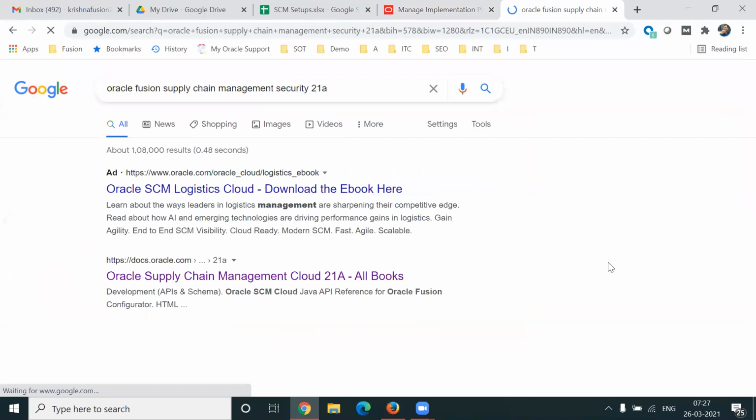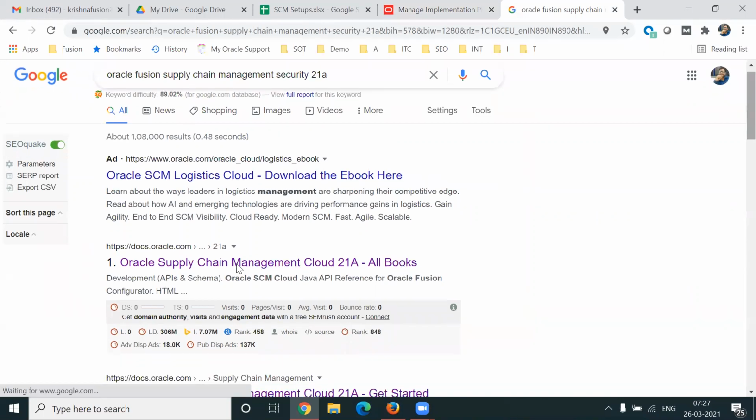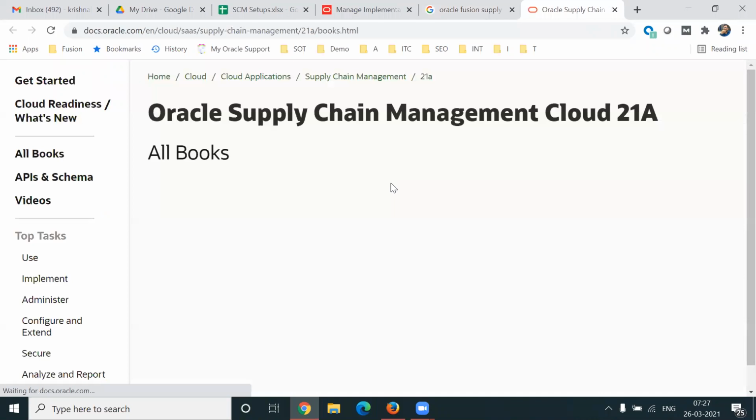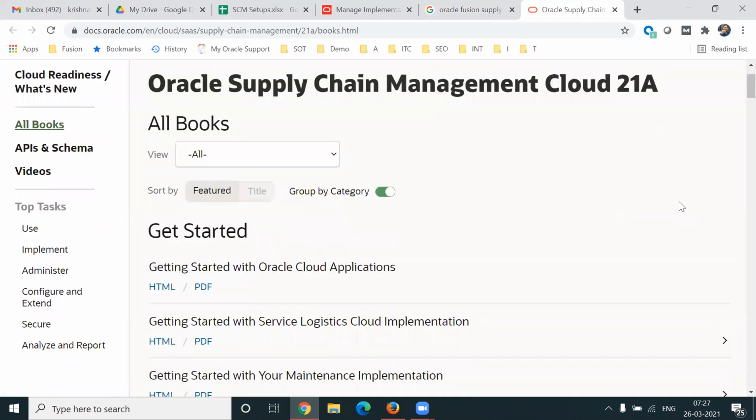The second link is the complete supply chain management modules link for 21A. This link contains everything. We are just talking about roles, so if you click on Secure,